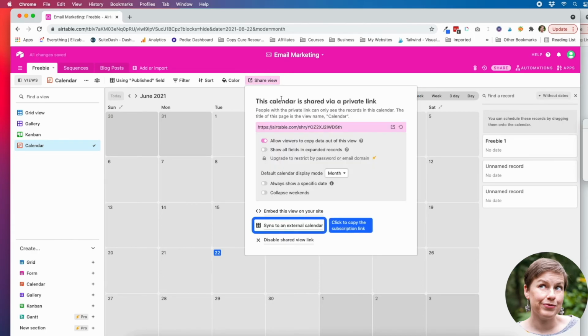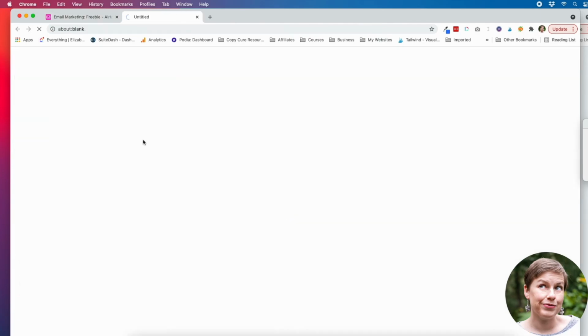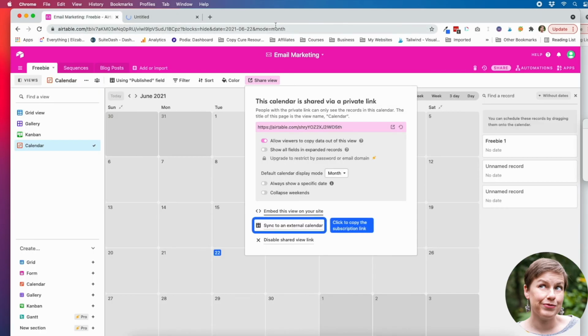But you could also just, if you want to invite someone, if you have a VA or you're working with a client maybe. I actually do use Airtable to share my clients' data with them, like the progress we're seeing with their Pinterest marketing. So you can sync it to an external calendar, but you can also embed it somewhere. So if you want to embed this, I use ClickUp. You can actually embed Airtable stuff into ClickUp, which is kind of nice.